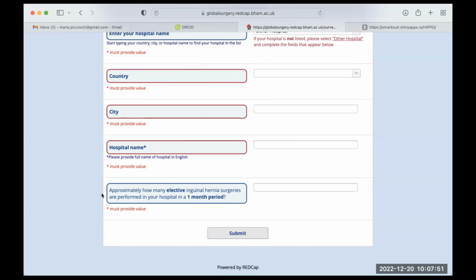This is just for us to have an idea of how many patients we expect to be included in the study as elective procedures, but we will not use this data to restrict anything. So it's a rough estimate. I've got it. Thank you.